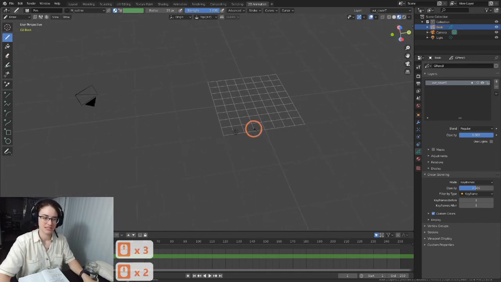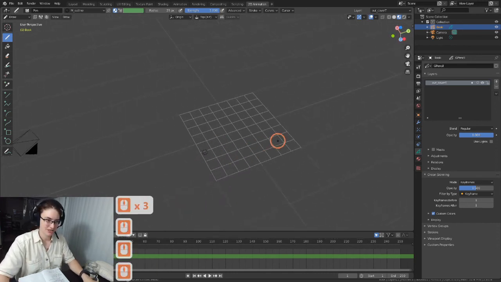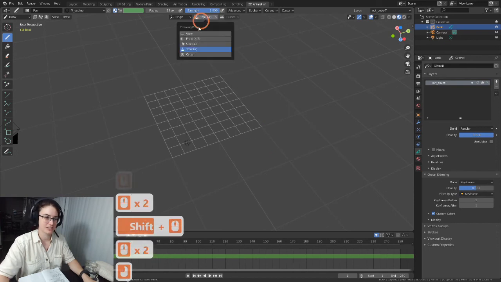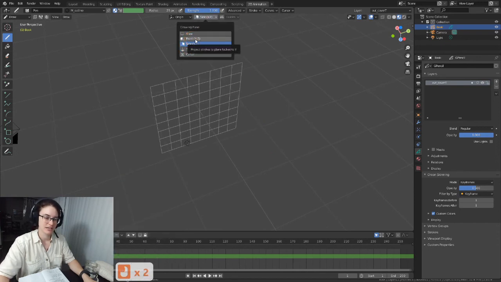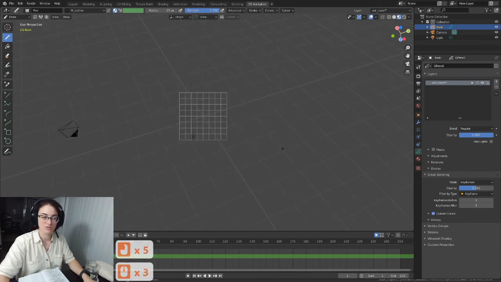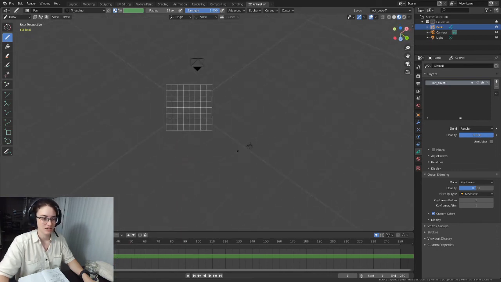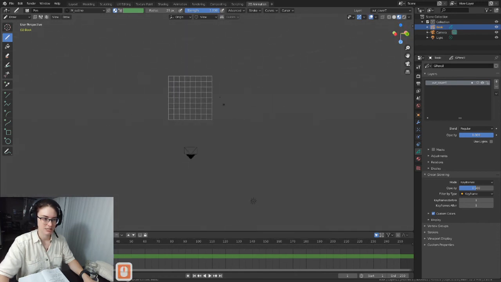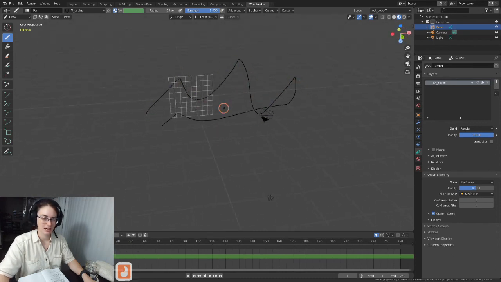So now we have this baby grid in our scene, and if I change between front, side, and top, you can see the little guy moving. Also, if I go to view, you can see that the little canvas just stays with my screen. So now I can tell that it's going to be laying on that